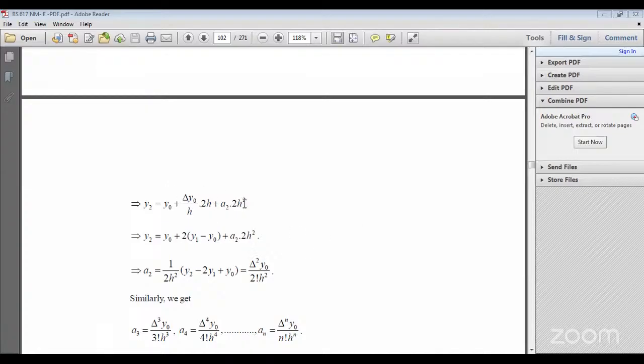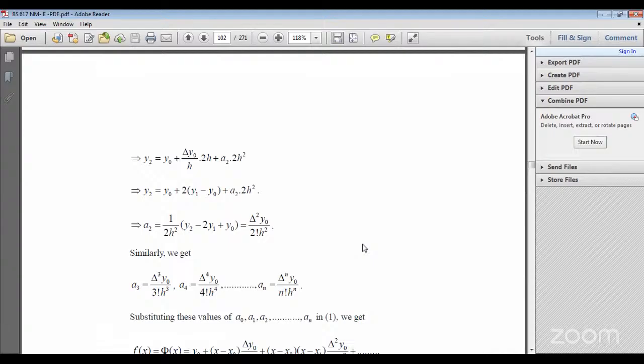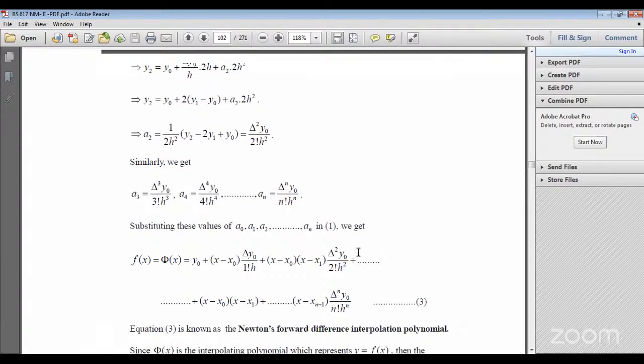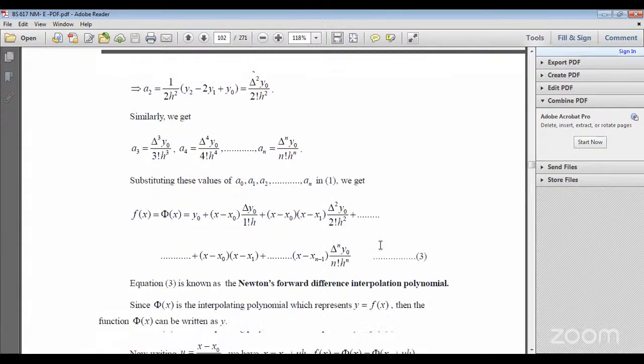Similarly we get a3 equal to delta cube y0 by 3 factorial h cube, a4 equal to delta 4 y0 by 4 factorial h power 4, and an equal to delta power n y0 by n factorial h power n. Substituting these values of a0, a1, a2, and so on, an, phi of x is equal to y0 plus (x minus x0) delta y0 by 1 factorial h plus (x minus x0)(x minus x1) delta square y0 by 2 factorial h square plus (x minus x0)(x minus x1)(x minus x2) and so on,